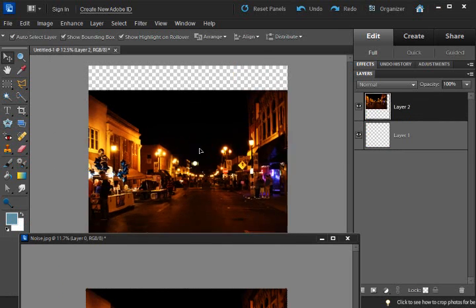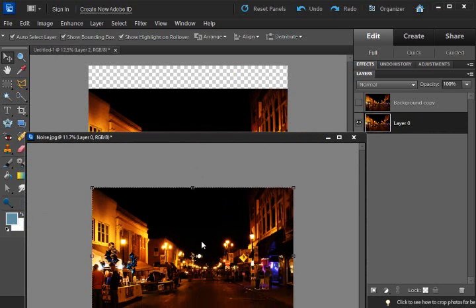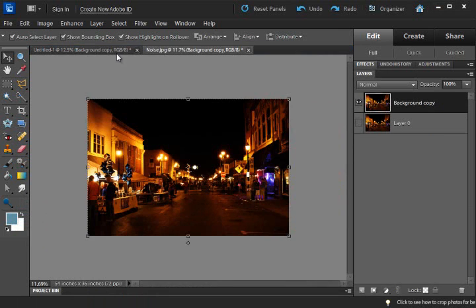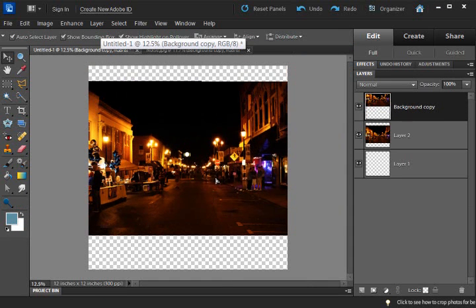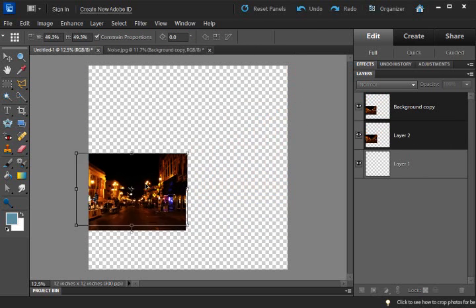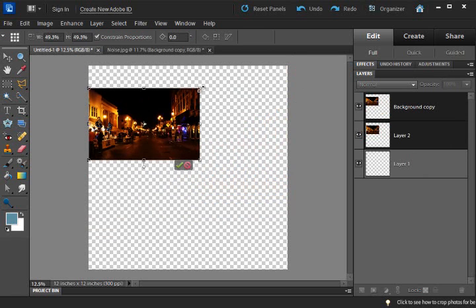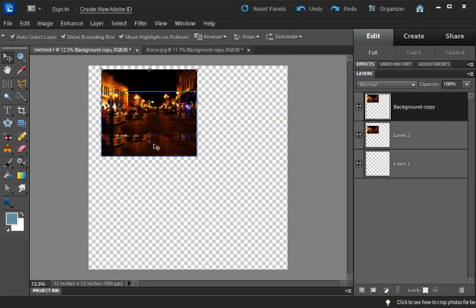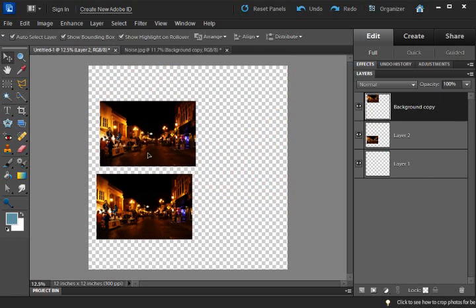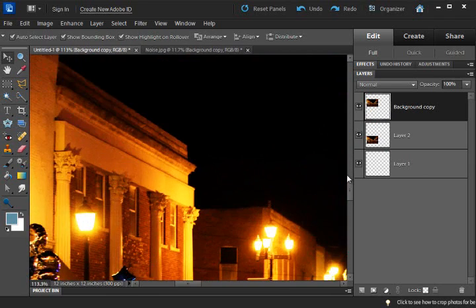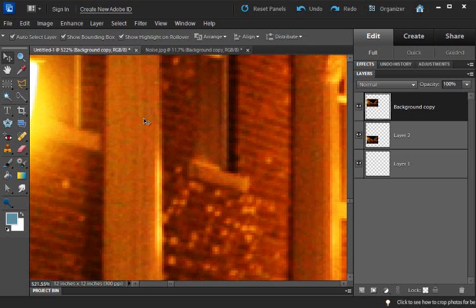I'm going to bring over, this is the first one, the before, and now I'm going to go back to this one and grab my after and bring it up. And so now in my new image I have my before and after, which is way too big. So I am going to reduce them, and the top one is the after and the before, so I'm going to show you that they haven't changed much. And then I'm going to zoom in on the before right here